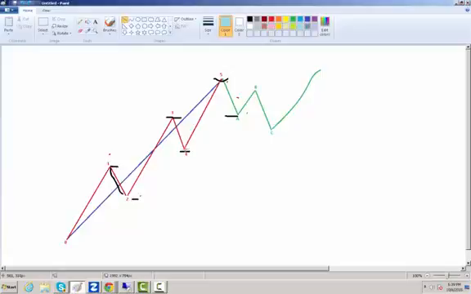If we were to take this low and attach it to here, well, not there, and we take this low and we attach this to here like this, and then let's just say we did a thin line, okay, something like that, and something like this. This is what's called a Gartley pattern, where what is important is how it's labeled. This structure, in its essence, is Elliott wave, but in a harmonic structure,